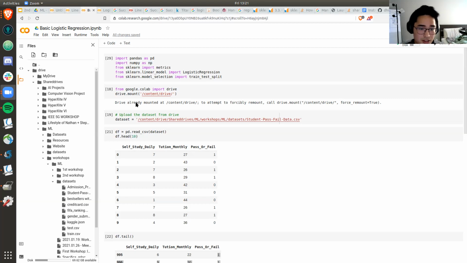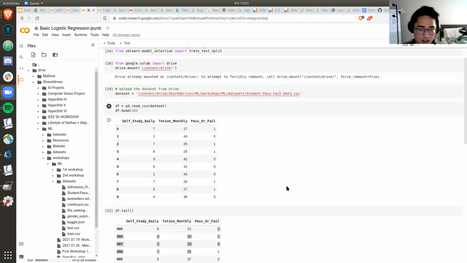In this case, how do the amount of hours of studying daily and the amount of money you spend monthly, these two features, correlate with each other?